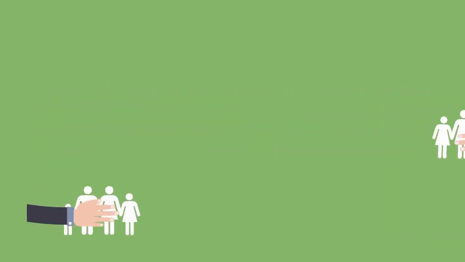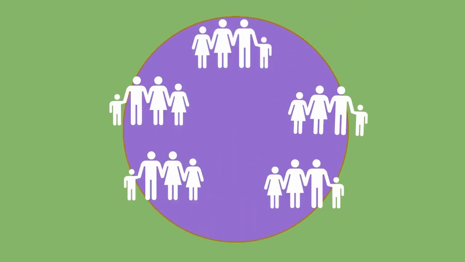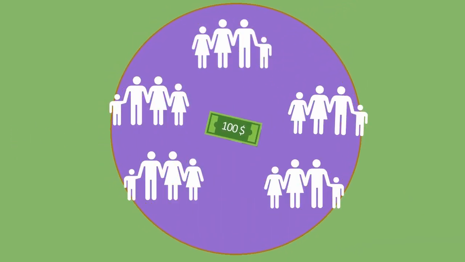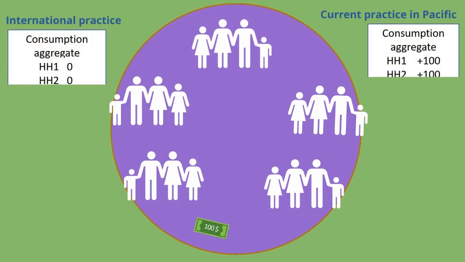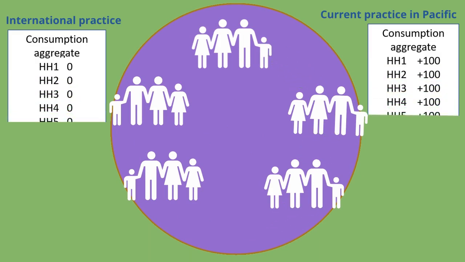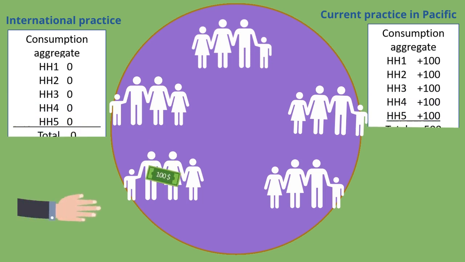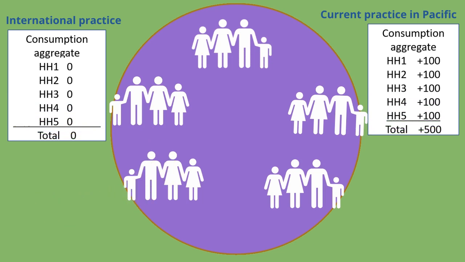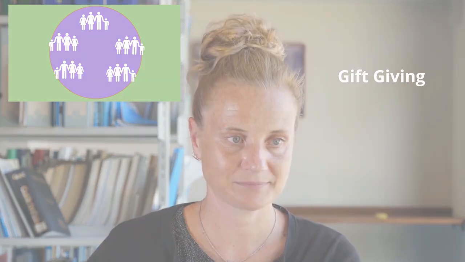So for example, think about 5 households that live in a circle. You could take $100 and hand it between household to household. The household would count the $100 given out as part of their consumption if we included this in the measure. At the end, you could take the $100 away, nothing would have fundamentally changed, but we would show $100 higher in each of the consumption aggregates. For this reason, we recommend excluding gifts given from the consumption aggregates.